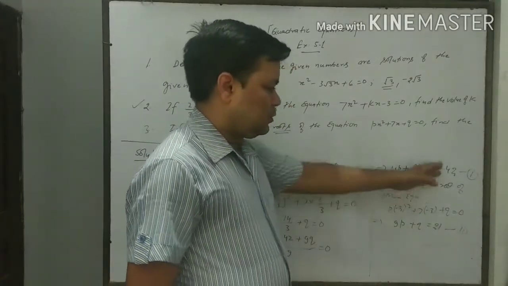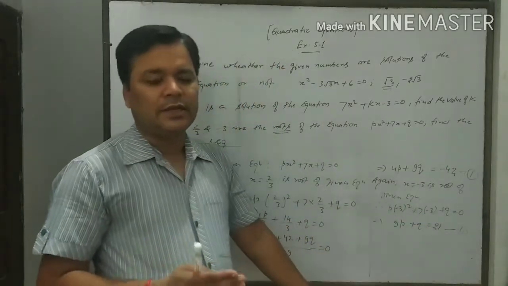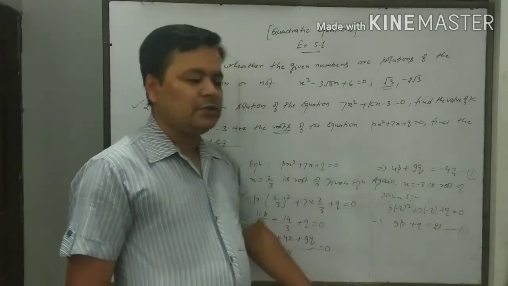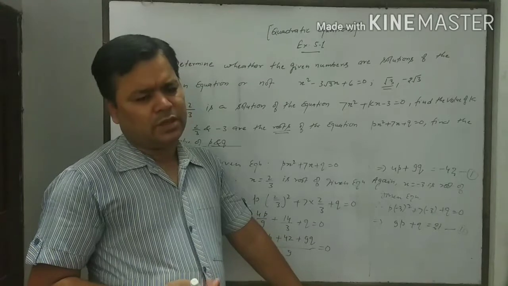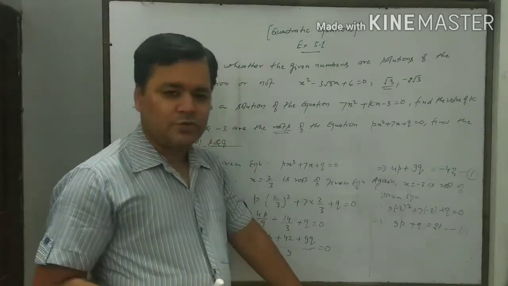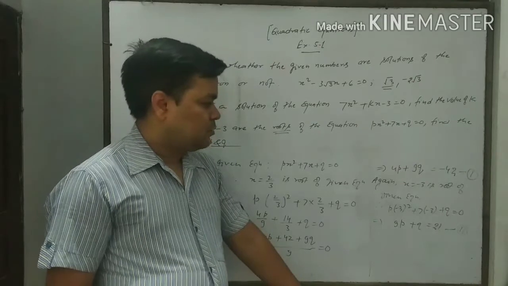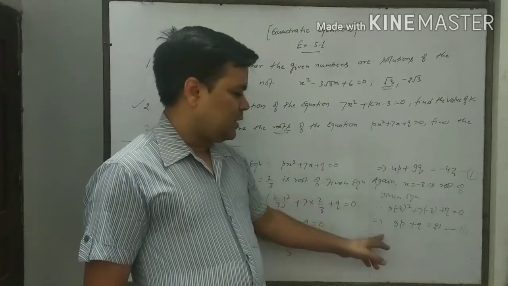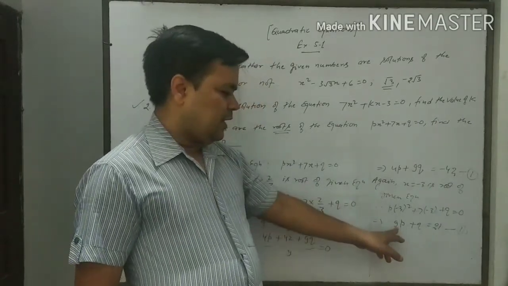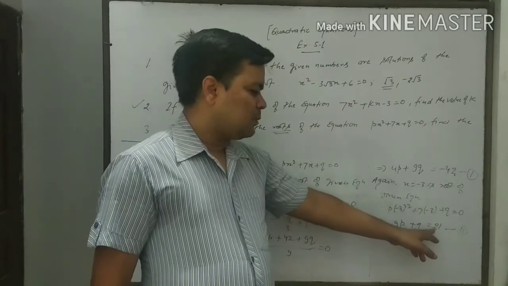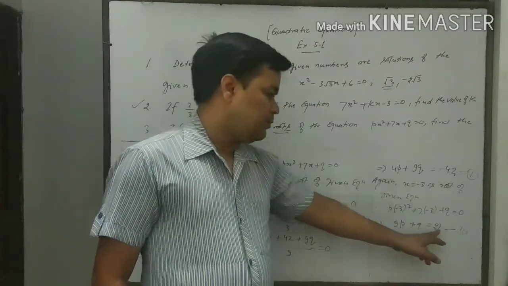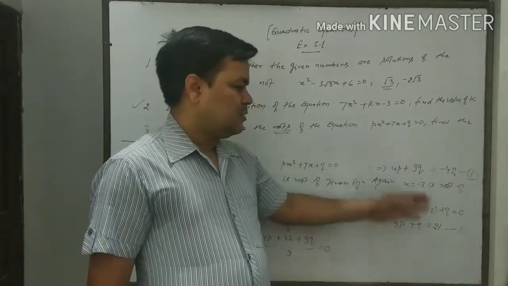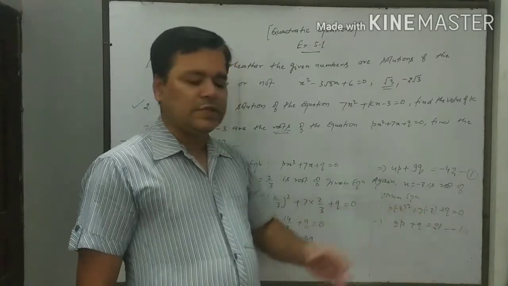Now, equations first and second are simultaneous linear equations in variables p and q. We can solve them by the substitution method, elimination method, or cross multiplication. It will be better to solve by the elimination method. We should try to eliminate q. Here it is 9q, and here it is only q, so multiply by 9. Then it will be 81p + 9q = 9 into 21. Now 9q is in both, so to cancel it we subtract the first from the second.